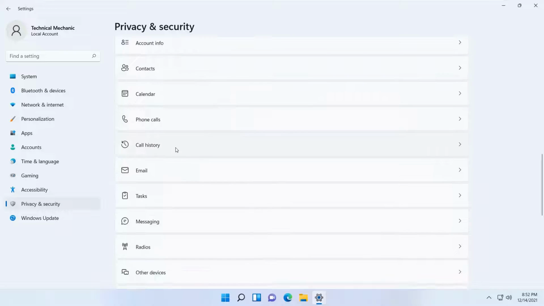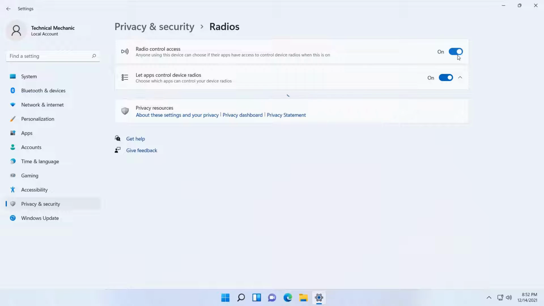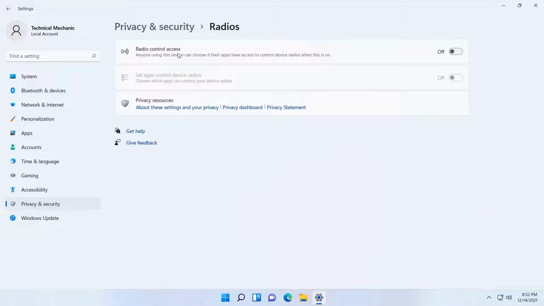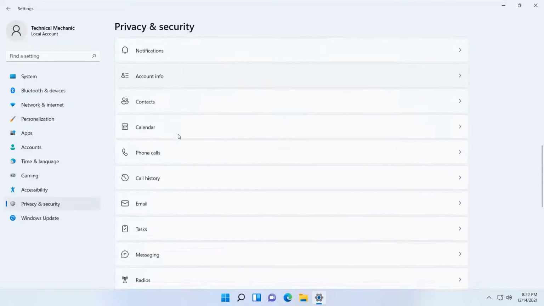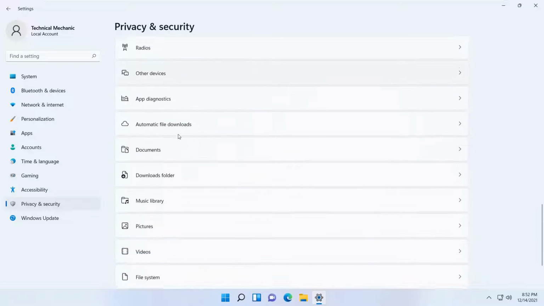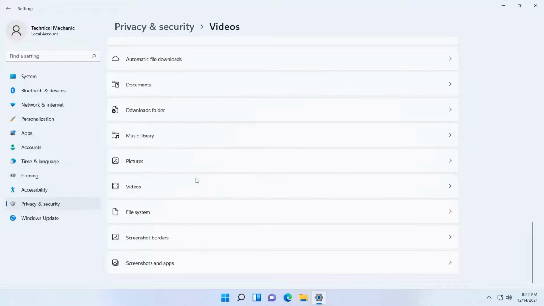Then after this, go into the radio section. Just turn this off. And for the rest of the sections, if you want to make any changes according to your requirement, you can make them. Otherwise, you can keep them as they are.